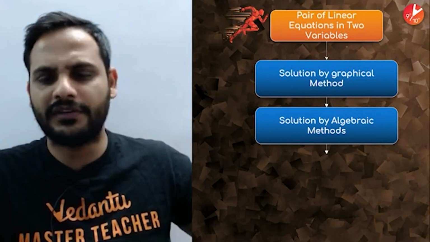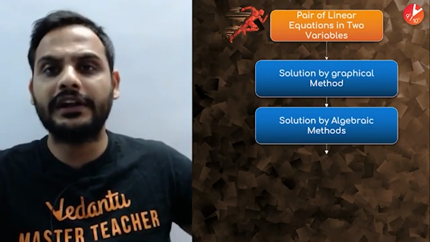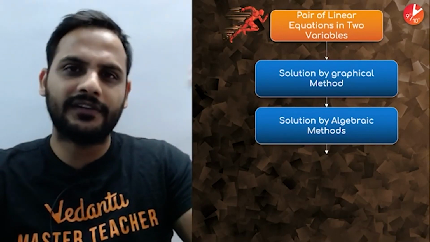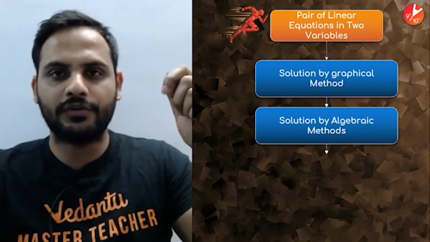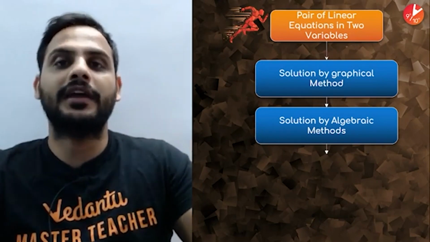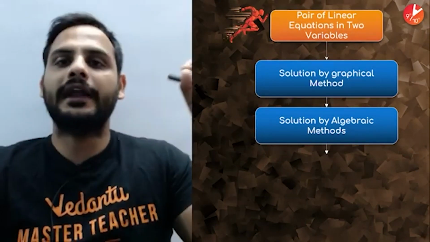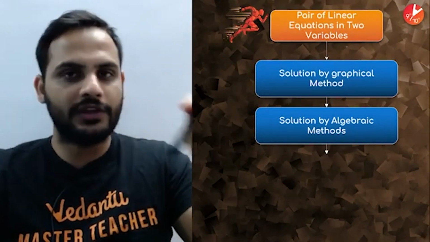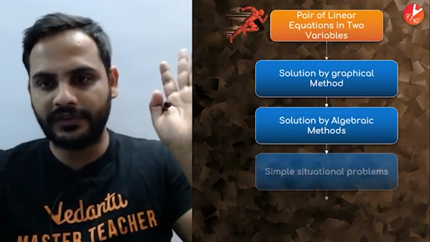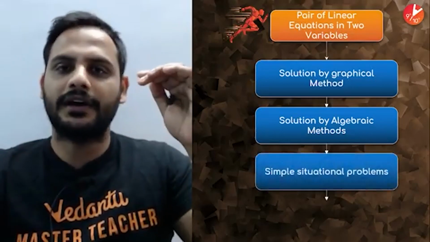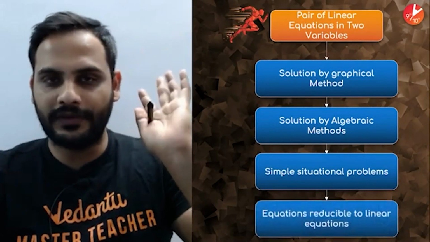Cross multiplication method is removed. You also learned the conditions. For intersecting lines, it is a1 by a2 not equal to b1 by b2. For parallel lines, a1 by a2 is equal to b1 by b2 but not equal to c1 by c2. And for coincident lines, a1 by a2 equal to b1 by b2 equal to c1 by c2. Right? And some application problems as well.